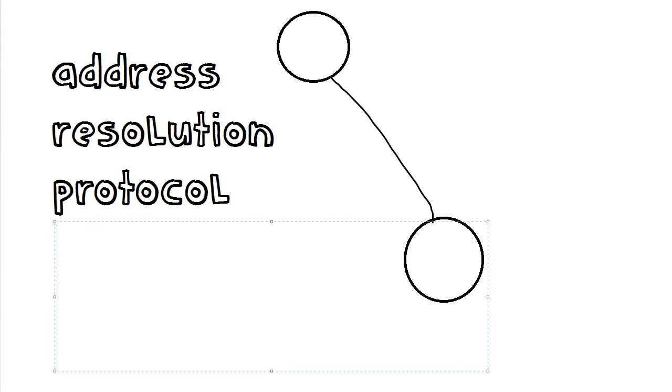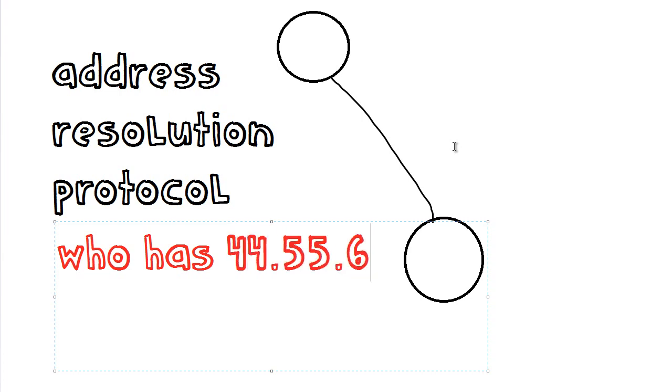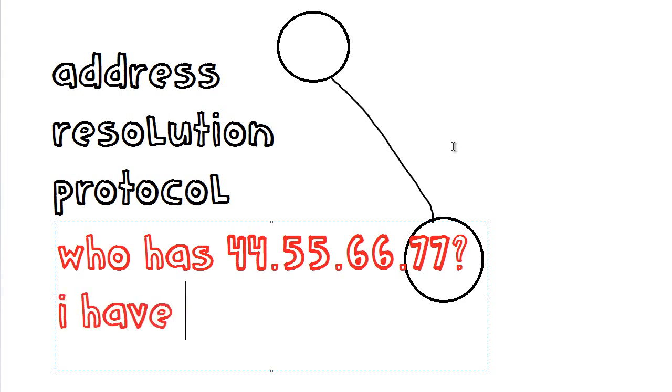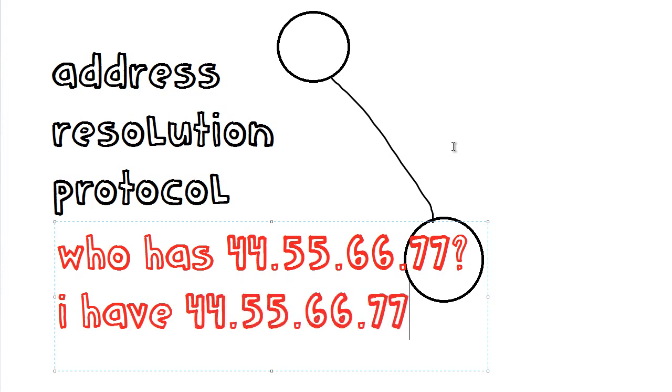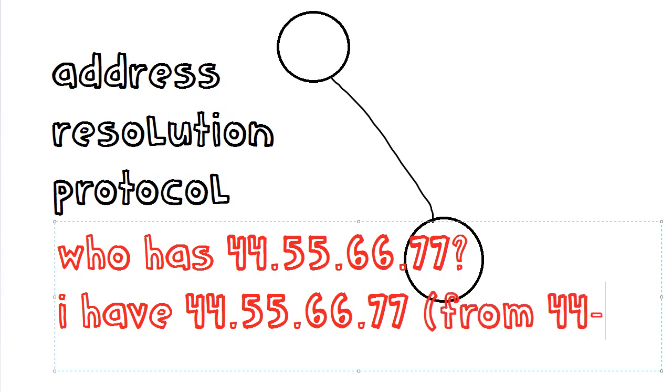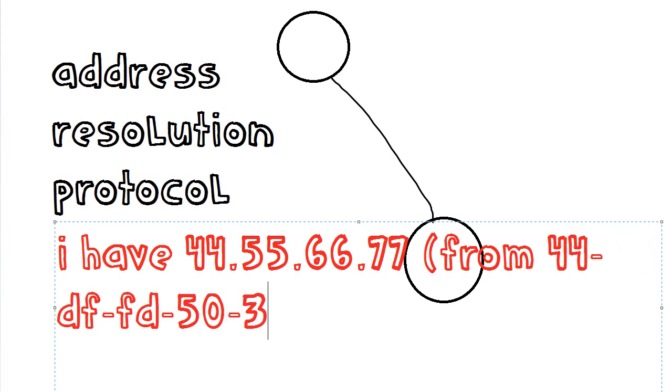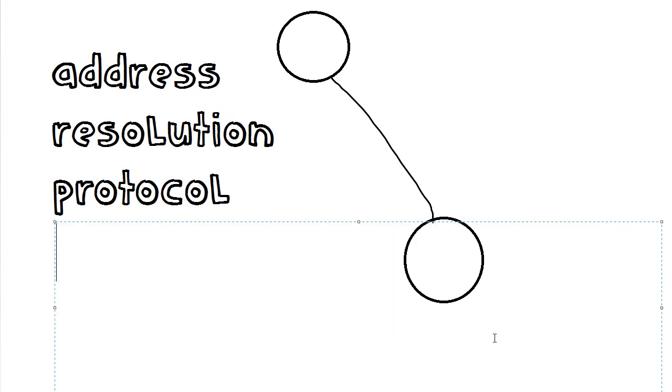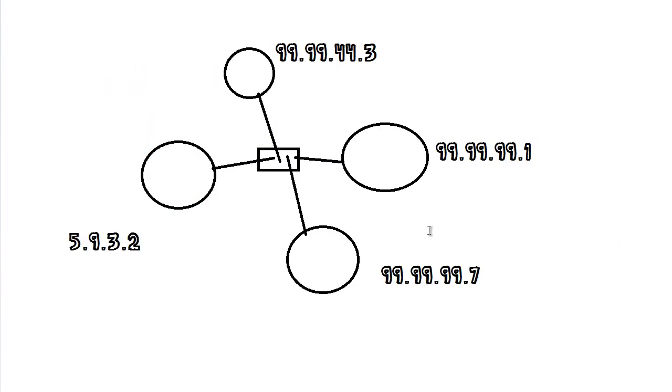Basically means that your computer can ask on the local network who has any IP you feel like sending to. And if there happens to be a computer on the local broadcast domain that can hear this, that has that IP address, it will say, oh, I have that. And because this is an Ethernet frame, or similar, you have the MAC address that it actually is, whatever that may be. So then you know the MAC address, and then your computer can send the packet. I know this is very complicated. Don't worry about it. Back to this.